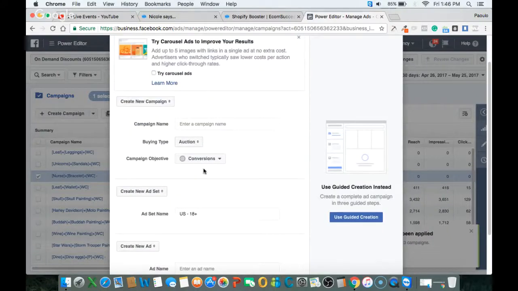One of the best campaign objectives you can run at this moment is conversion ads, because it allows you to utilize your Facebook pixel, and it basically optimizes your ads. What that means is that your ads can get better over time with more traffic being run to your store. It's pretty awesome. So let me share a quick little template that I have here,